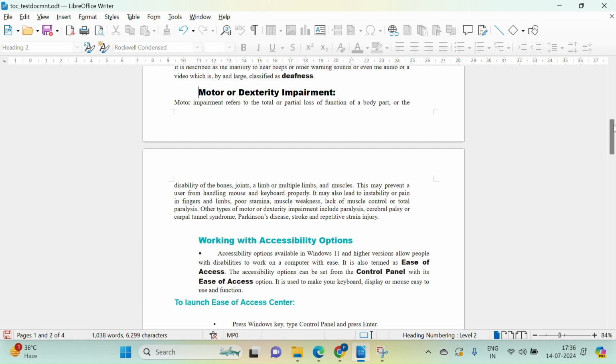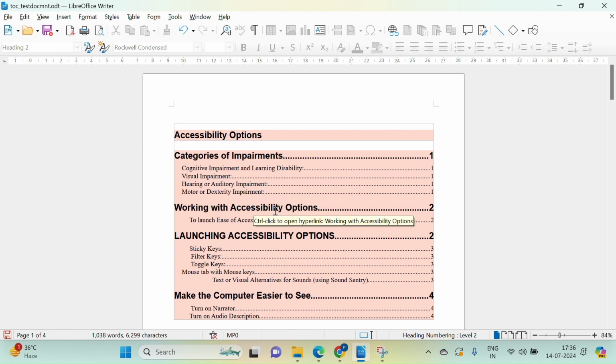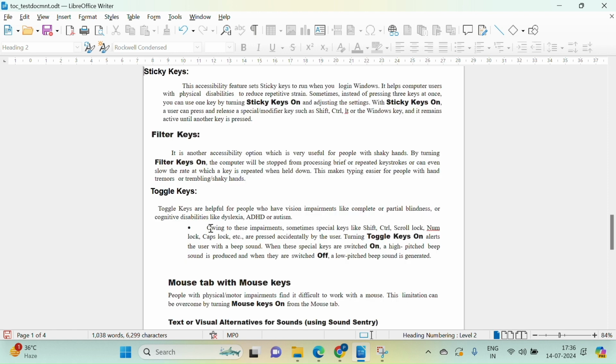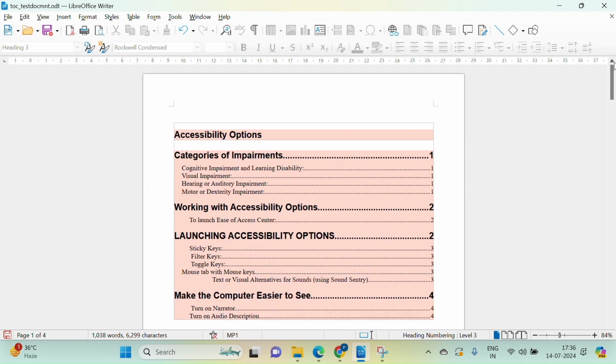So that is the advantage of creating a table of contents, that you need not scroll through all the pages of the document. You are simply going to hover over the topic which you need to open. Just press the Control key and then click your cursor and it will take you to the hyperlinked text within the same document, to the respective subheading. So that is the advantage of using a table of contents, that it provides navigating links within the same document and you can browse through the given text and the relevant document part will get opened.